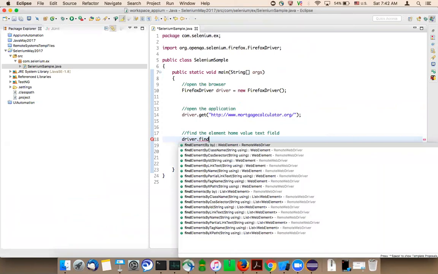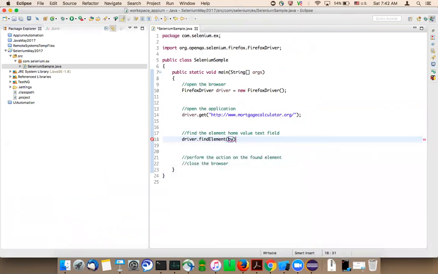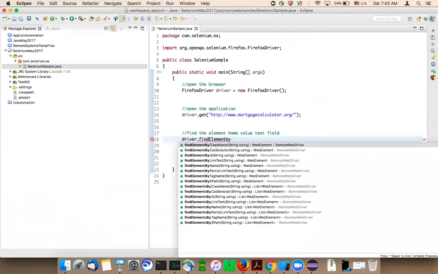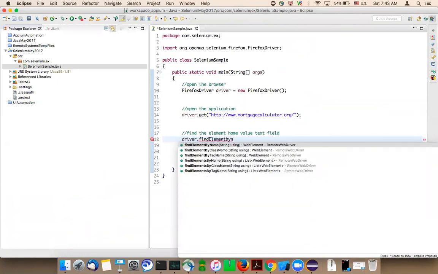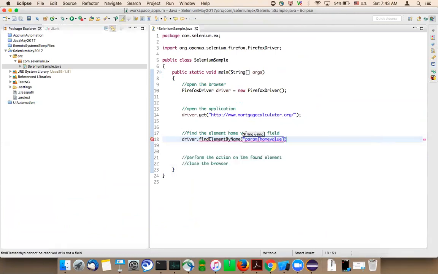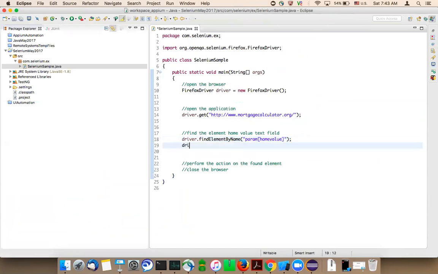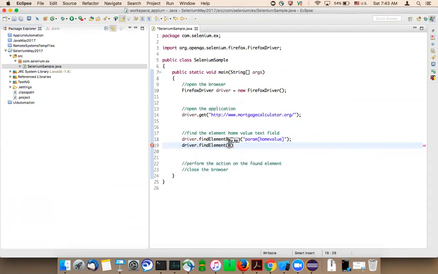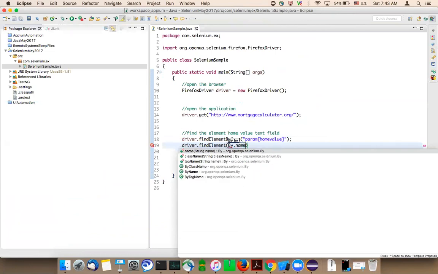There is a method called find element by name, and we can use this one. This is one way of using it, and there is another way: driver.find_element, and you have to say By.name.